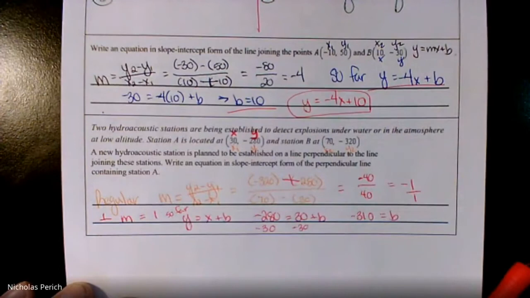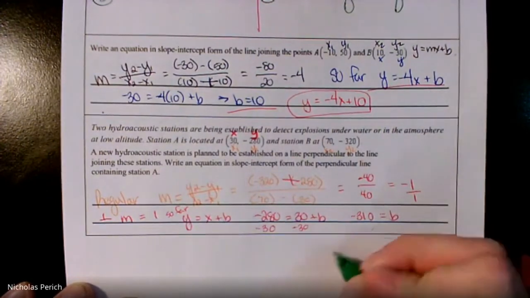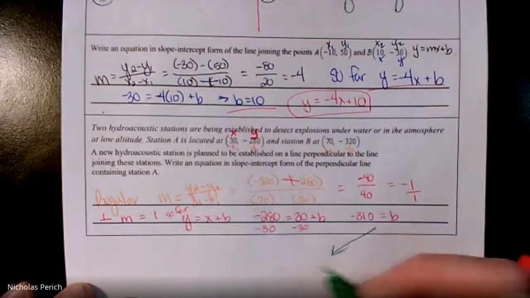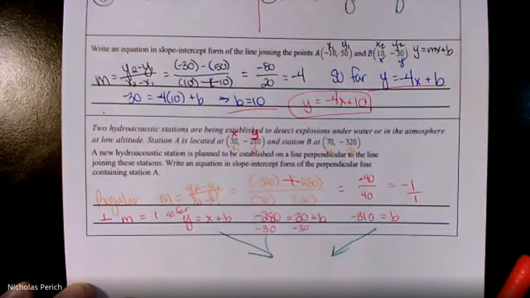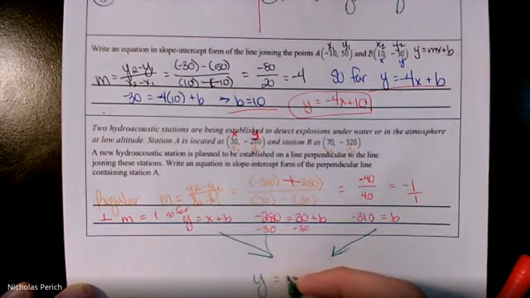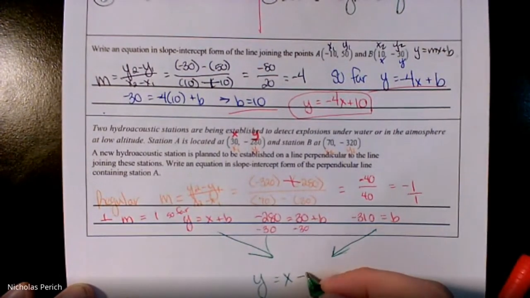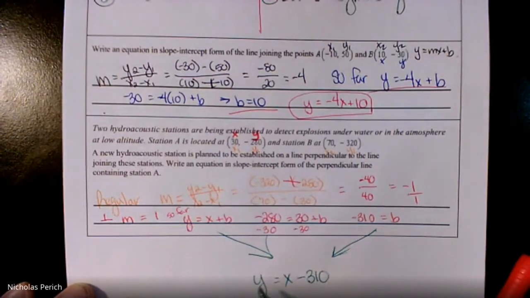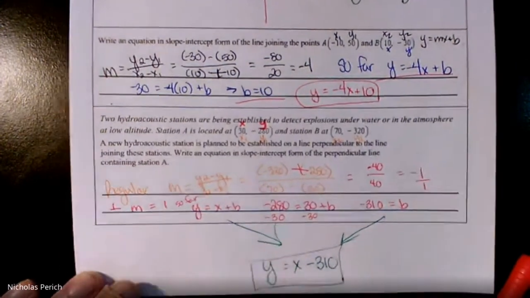So if I take that equation and that equation and turn y equals x plus b, and turn b into negative 310, I get y equals x plus negative 310, or minus 310. And that, ladies and jelly spoons,